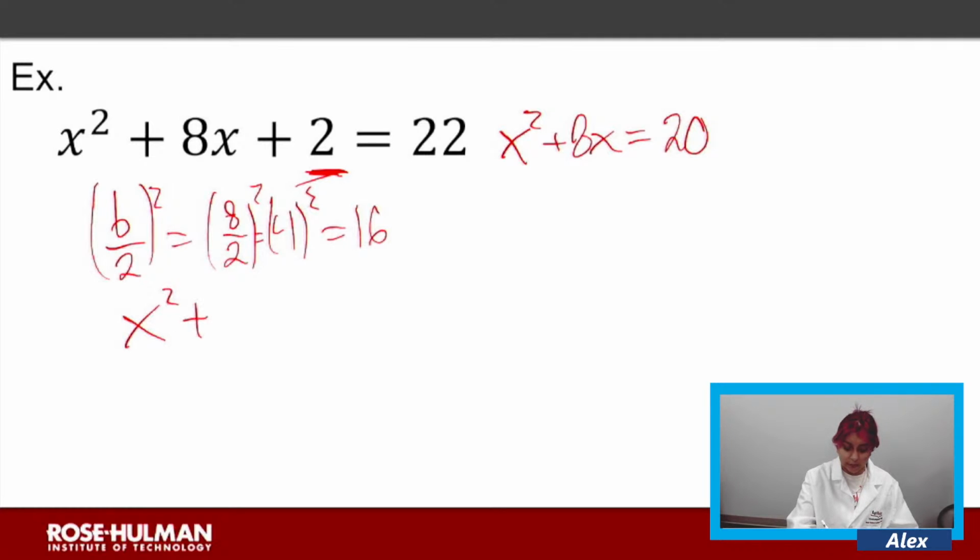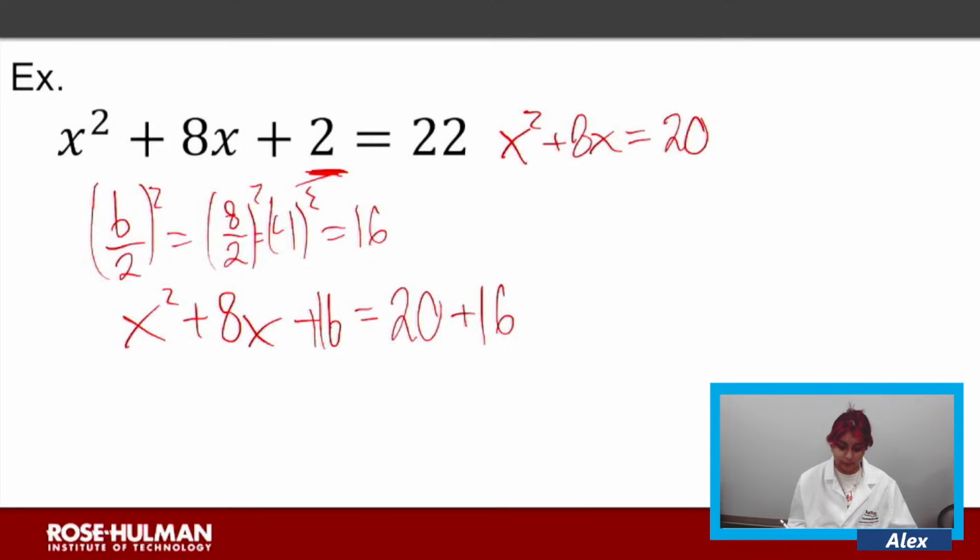We have x squared plus 8x plus 16 equals, on the right side of our equation, 20 plus 16. To do a little simplifying, since 16 is our new c value for this, we can rewrite our left side as x plus 4 quantity squared equals